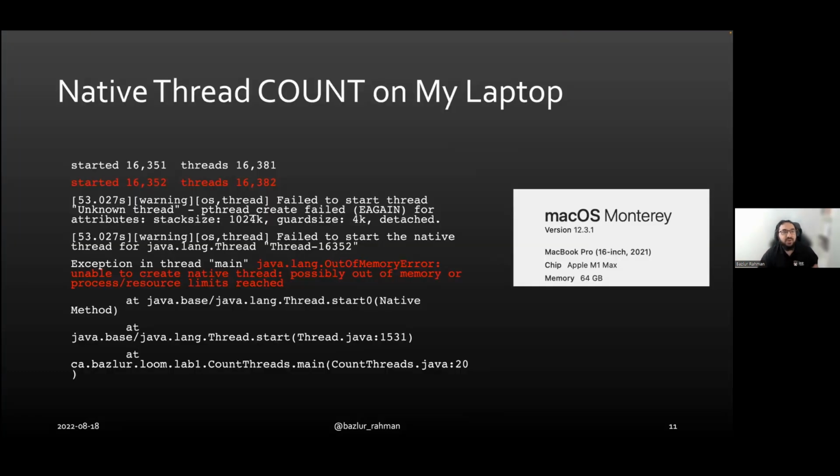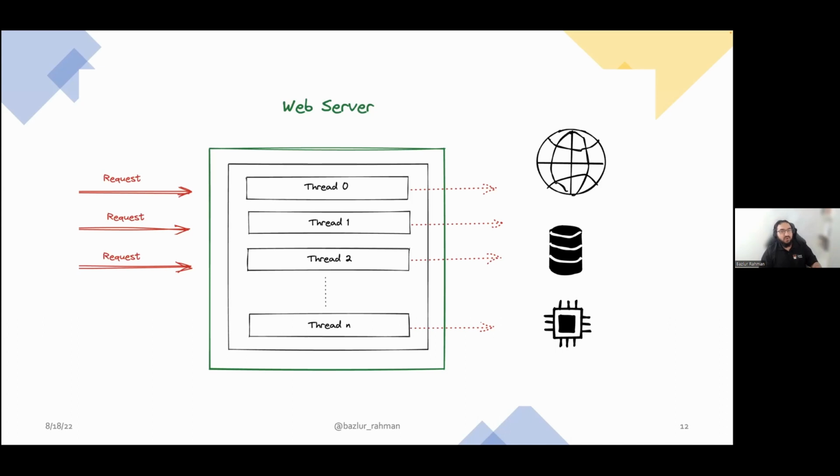What I'm trying to do so far is just give you a picture of this. We have a web server and we have a pool of threads, and we get requests. Each request is served by one thread, and we have a limited number of resources, which is threads, and we are limited by the number of threads, and that's why we have less throughput.